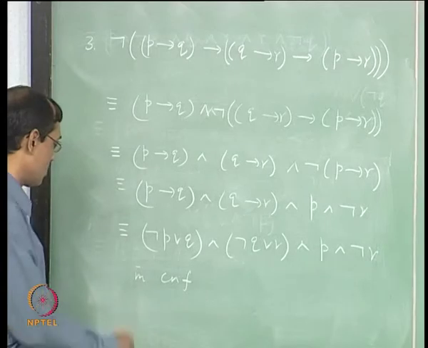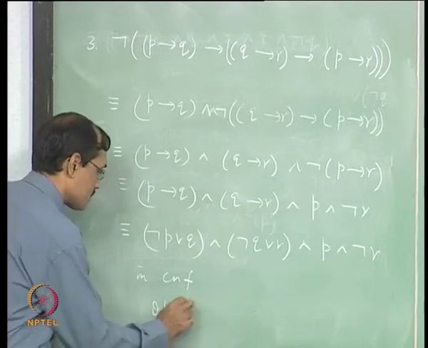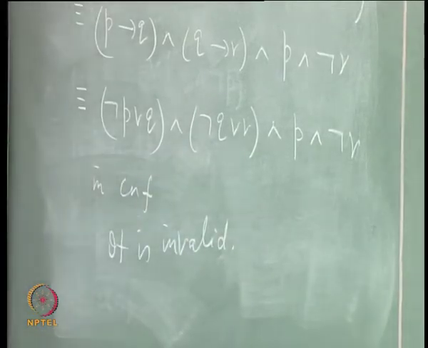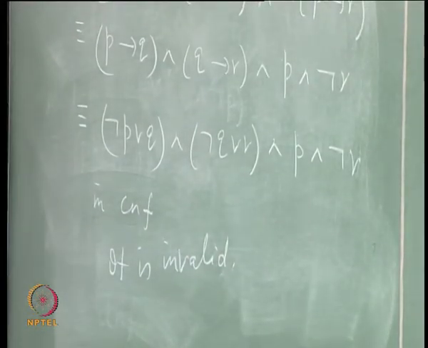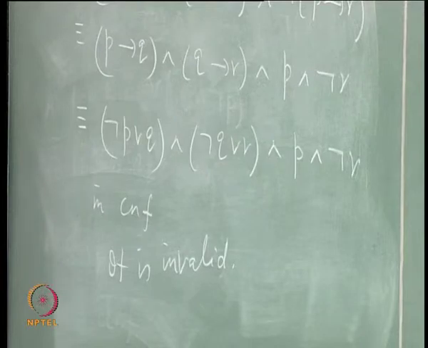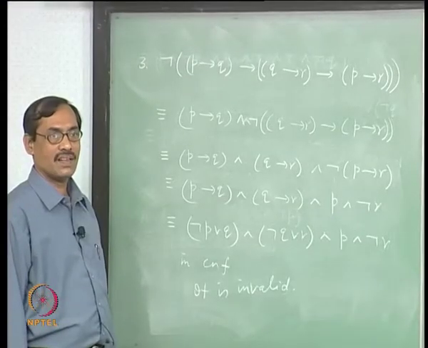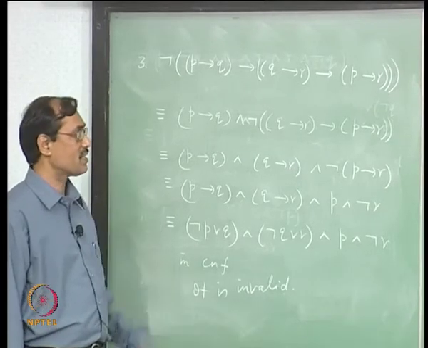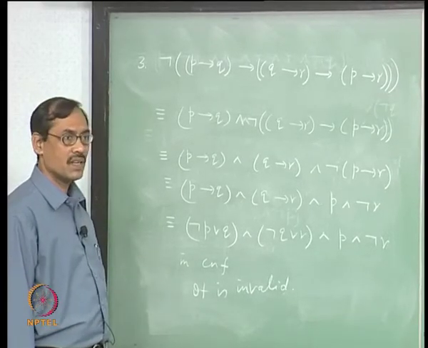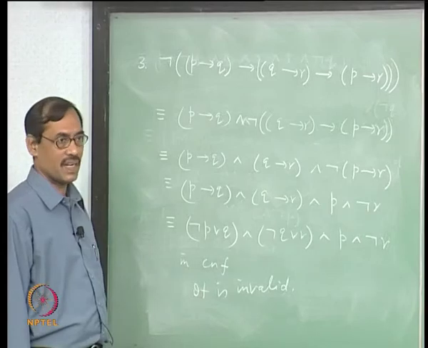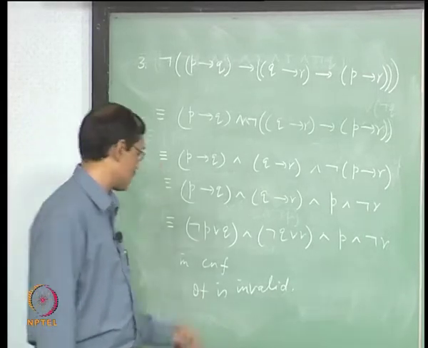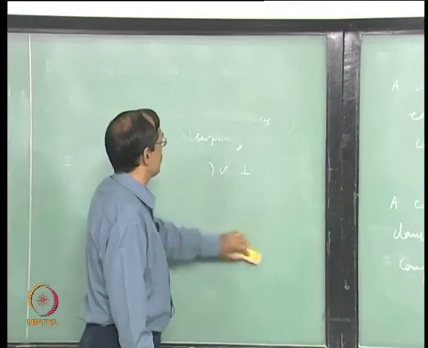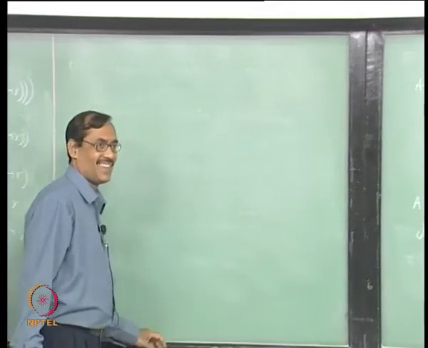Now, immediately we conclude it is invalid. But invalid means it can be satisfiable, it can be unsatisfiable, right. It looks to be unsatisfiable. So, to apply that observation, what we need is to convert it to a DNF, then only you can do it. So, let us convert and see. You can go back and do some tricks, but from here itself we can do. So, let us see.